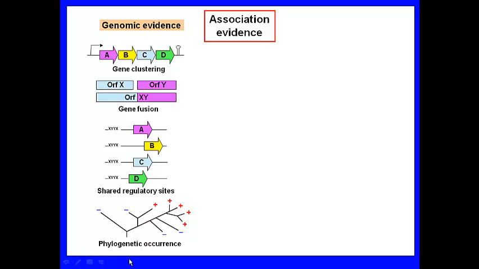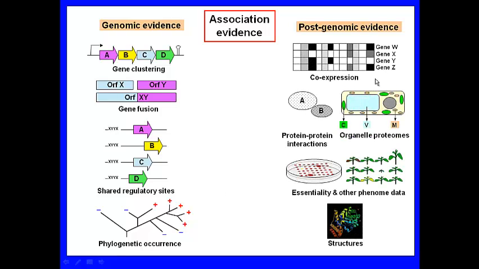So that's what you can get out of genomes in themselves. Post-genomic evidence depends on there having been a genome, which is then used as a resource to build other resources, that can also be very useful. You have co-expression. This is meant to be like a microarray output summary. In eukaryotes, that really takes the place of gene clustering, because clustering of functionally related genes on the chromosome isn't completely absent in eukaryotes, but for all practical purposes it is absent. It's common in prokaryotes.